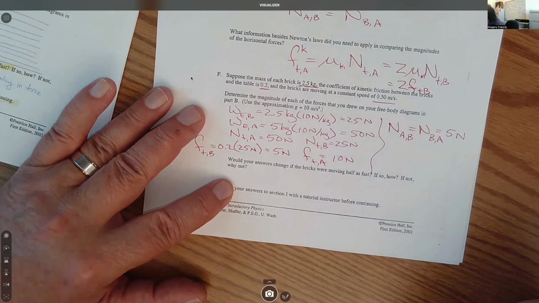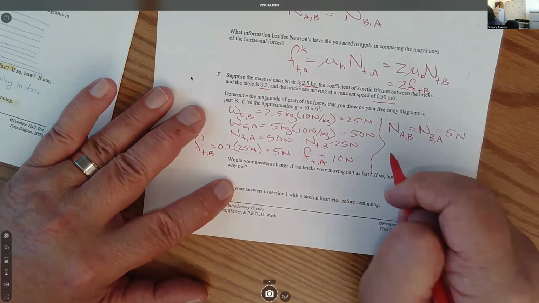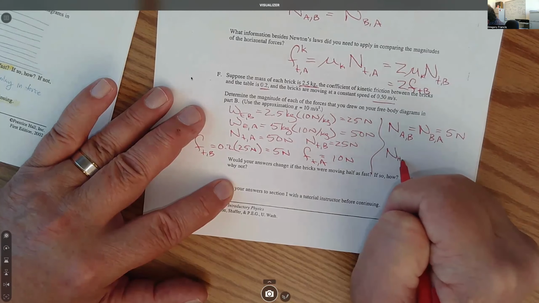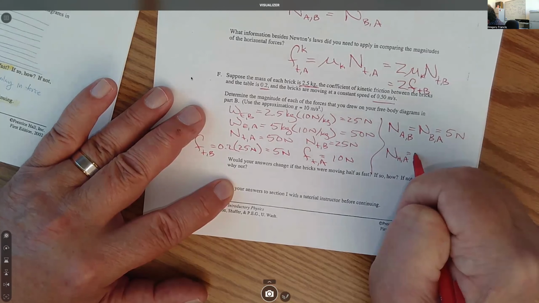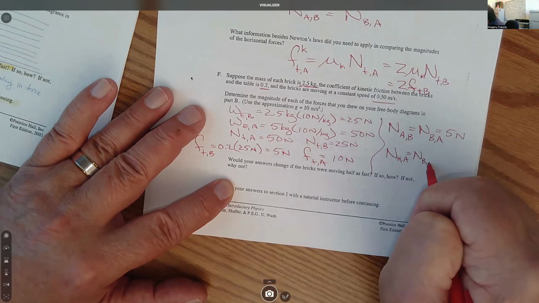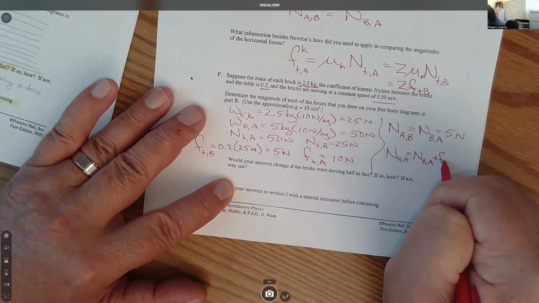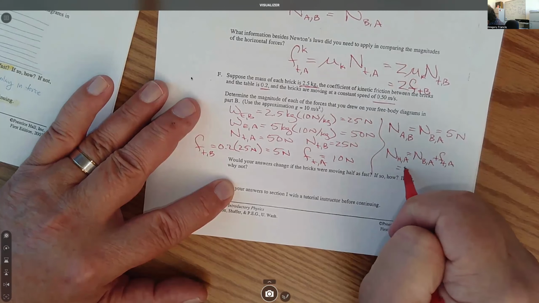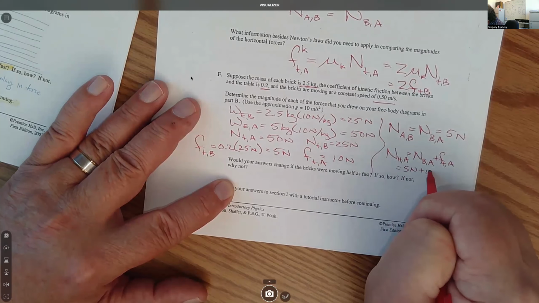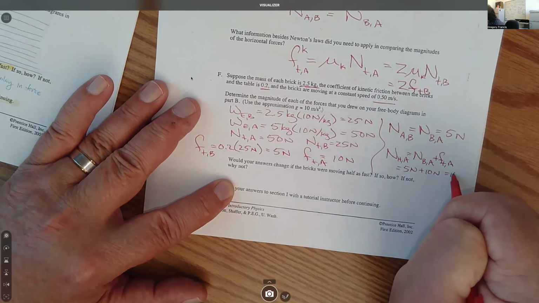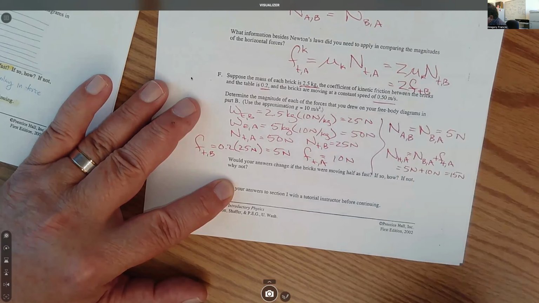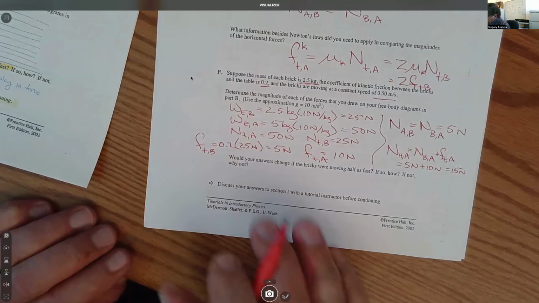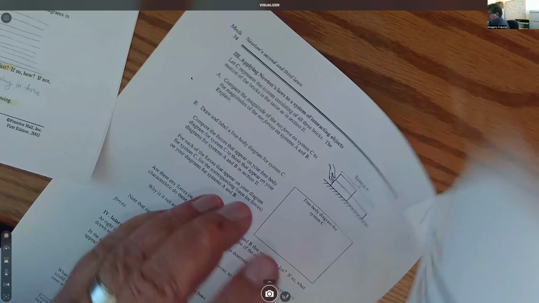Now, the normal by the hand on A, remember, was equal to the normal by B on A plus the friction by the table on A. And that's going to be equal to 5 newtons plus 10 newtons, or 15 newtons. So if I go back to my diagram,